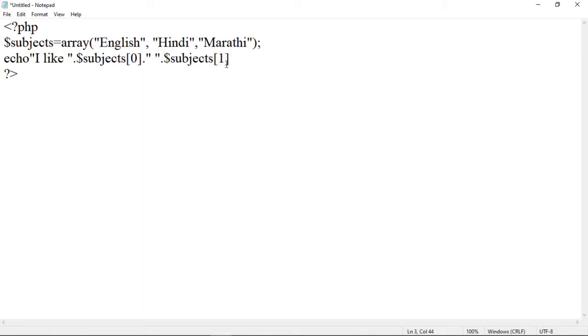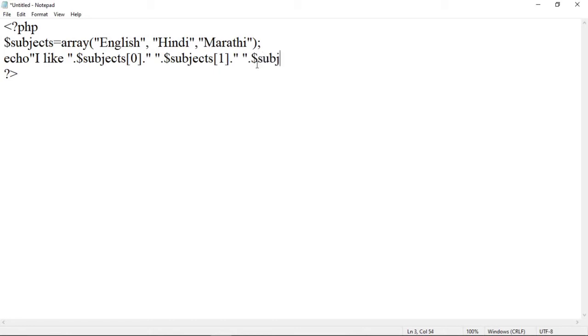So add here 1. Now again we want a blank space, so add empty double quotes. After that, to display the next subject, add here the concatenation operator, that is dot. After that, use the third index from the $subjects array.